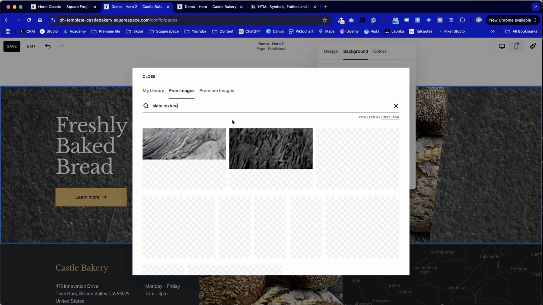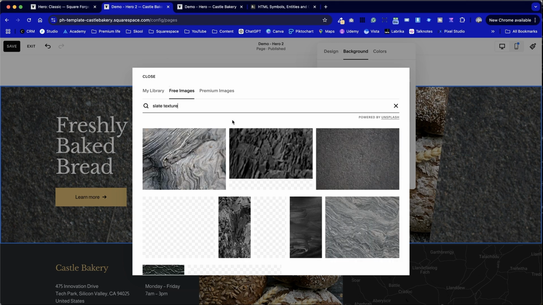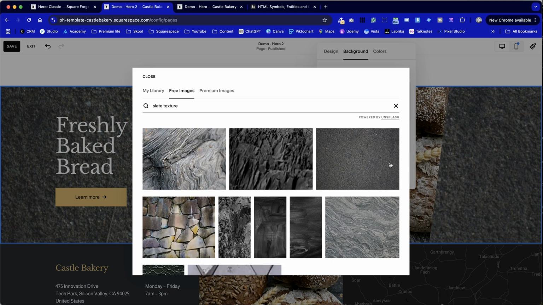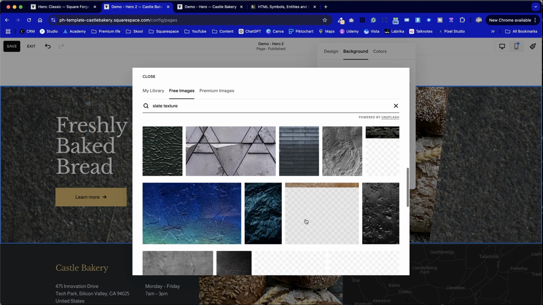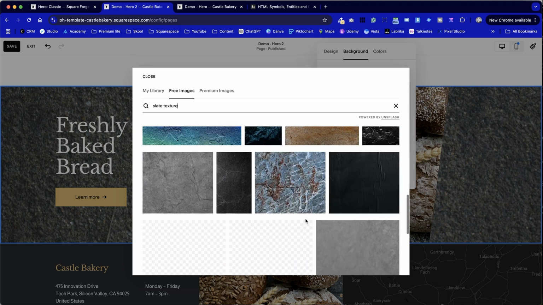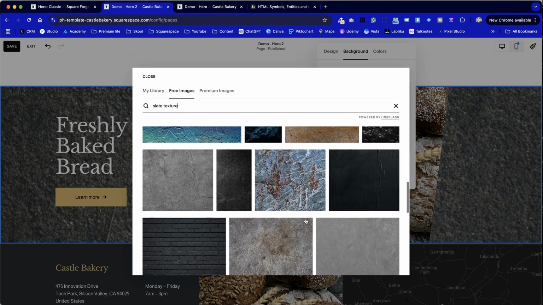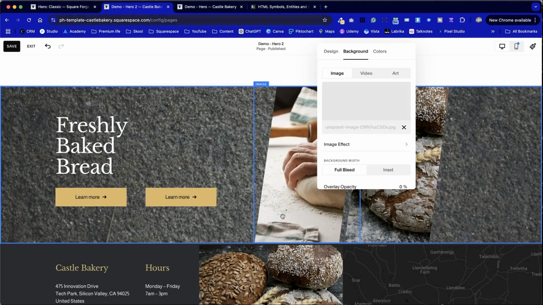One thing I found with Unsplash, the free stock library within Squarespace, is that if you search, I think this is the same photo, isn't it? And if you search for multiple keyword searches, it's not always amazing. It'll put a lot of weighting on the first search. We'll go for this one, and then what we can do is in the image editor, make it a lot